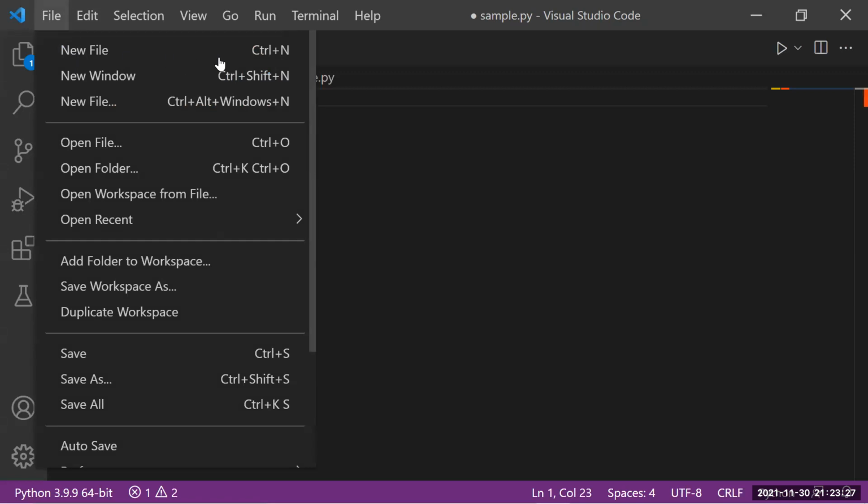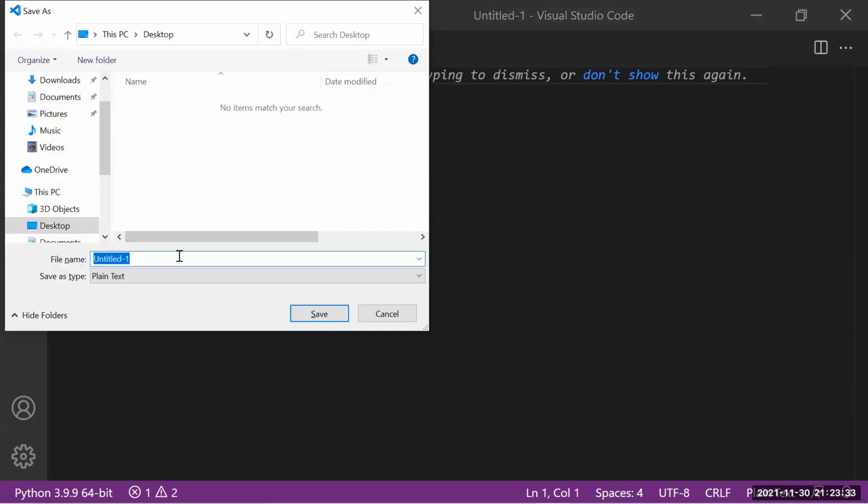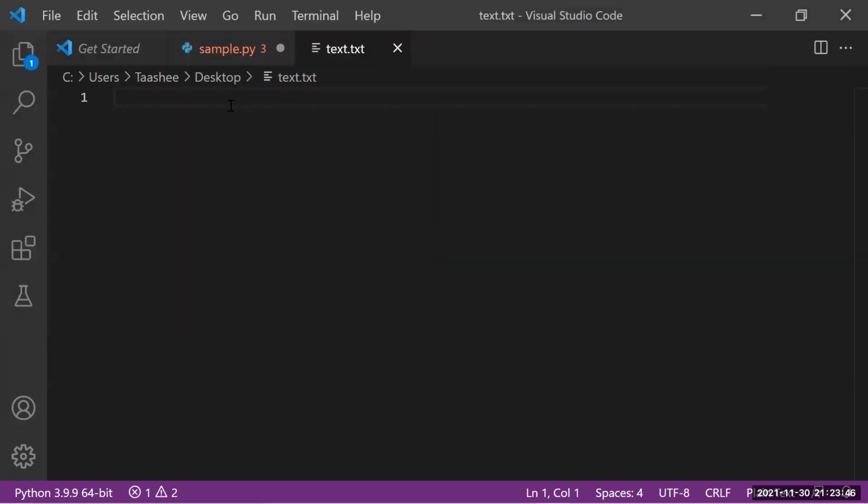Let me also create a new file. Sir, which terminal are you using? VS Code. Okay, it is not a terminal again. It is an IDE, an Integrated Development Environment.